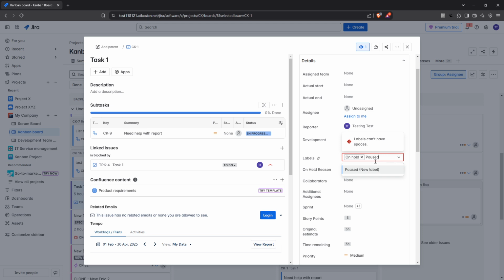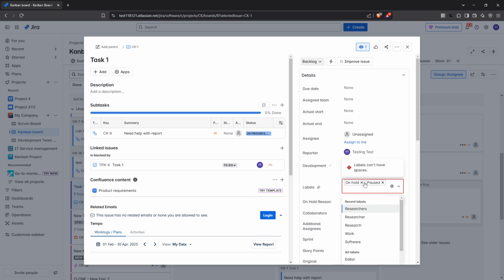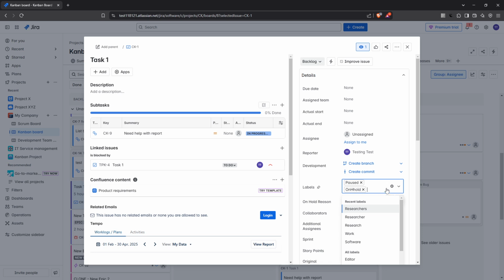So there you have it folks, a couple of simple yet powerful methods to mark your Jira tickets as on hold. Whether your workflow supports an on hold status or you need to use custom fields and labels, having a clear strategy for pausing work can significantly enhance transparency and efficiency. Now you can keep everyone informed about the status of the tasks, ensuring smoother sailing for your